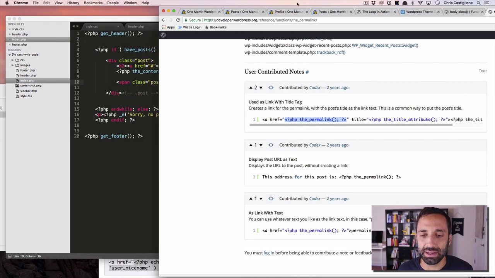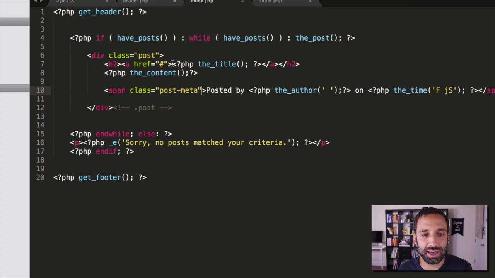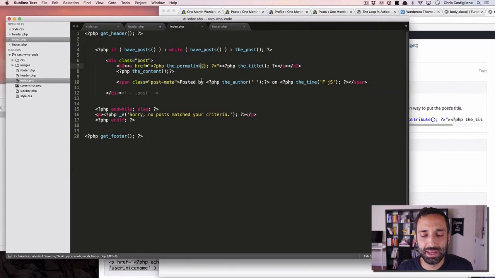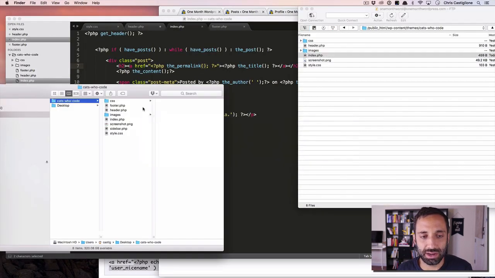This is a template tag, and this will link to another page. So if I come to the title, let's say we had the title and we wanted the title to link. All you need to do is replace this hashtag, which is really just kind of like a lorem ipsum filler, just like says something's coming, with the permalink, like that. So that's the permalink tag. It's just this, the permalink. And if we save this here and then upload with the duck,